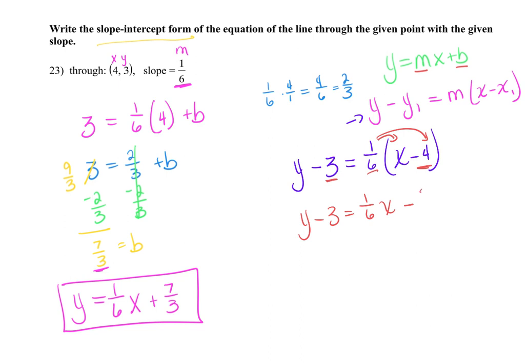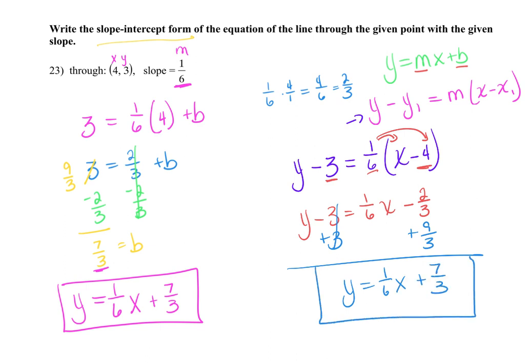That is negative 2/3. Then I'm going to add my 3 over. Remember, 3 was 9/3. Y equals 1/6 x plus 7/3. As you can see, you get the same exact answer whether you do the first way, just solving for